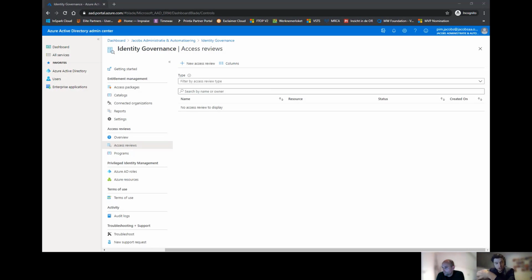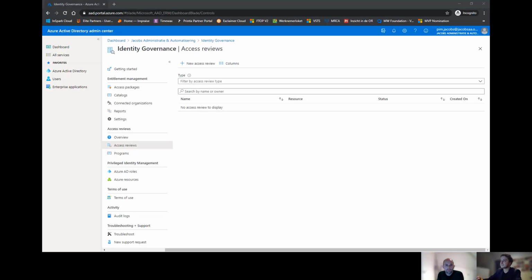But please do know, once this is all implemented, you're not there yet. It needs to be maintained, of course, making sure that it stays up and running. If people buy a new app, again, make sure that it's connected back to Azure AD. If there is a new access package needed, you need to create a new access package. Yeah, it's not running through it from start to finish. Well, if you're looking at it project-wise, yes, that's 100% true.